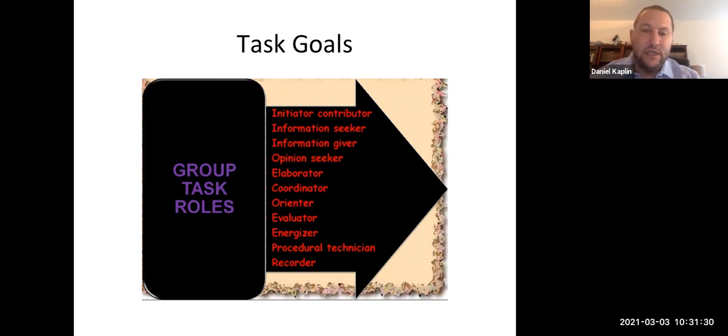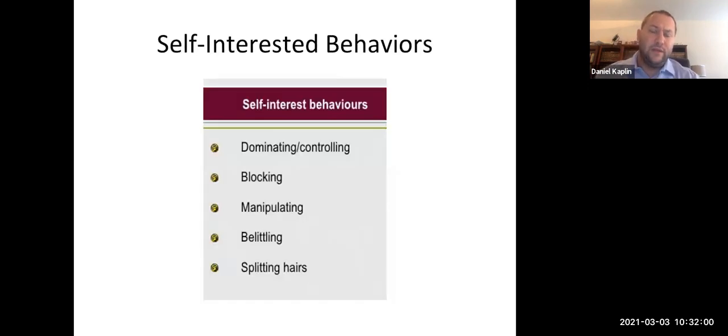Procedural technician, that's usually the group leader, who guides the procedural direction, and the recorder is the person who takes note. There's no formal note taking other than session notes from the group leader, but a recorder might say, "Well, in a previous session, you said this," bringing back to your attention some of the things that were stated earlier. So we talked about task behavior, we talked about maintenance behavior, but it's also important to talk